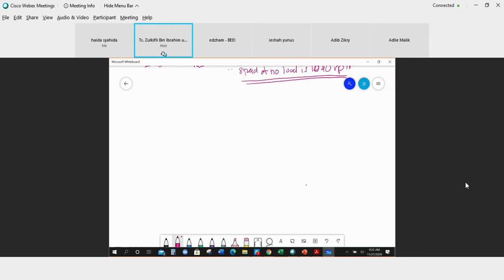So at full load, okay, at full load, it is given that your IL at full load rated here is equal to 110 ampere. So for this one, you can go to